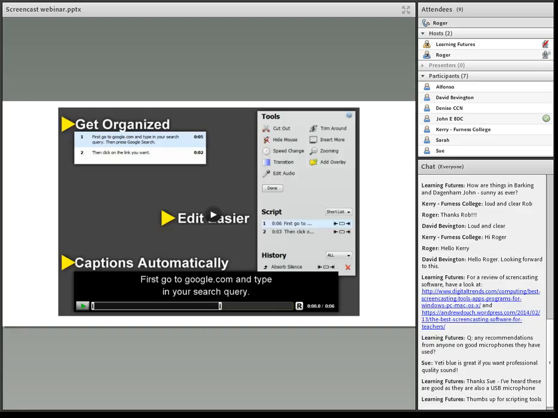So if you were showing an image or a particular technical piece of work, you could zoom straight in on that image. You can look at your transition, and you can also speed things up or slow them down. You see where you've got your scripts and your history on there. So like I say, from what seems to be something quite straightforward and simplistic, using the tools can add real value.